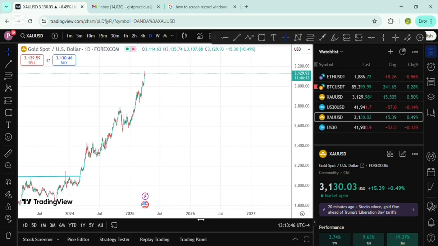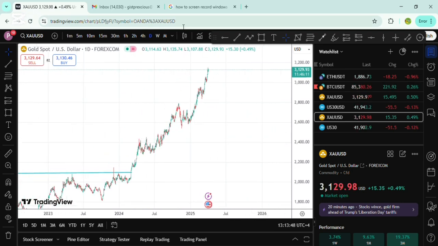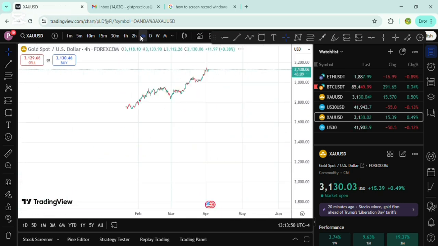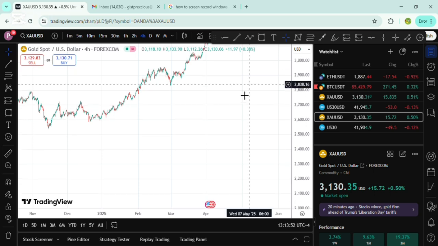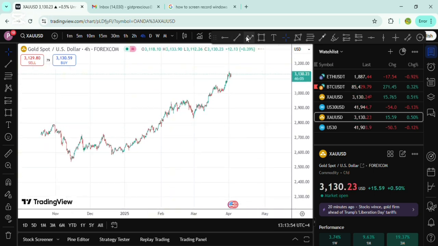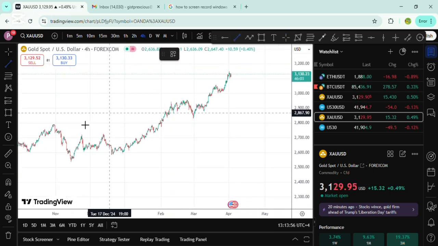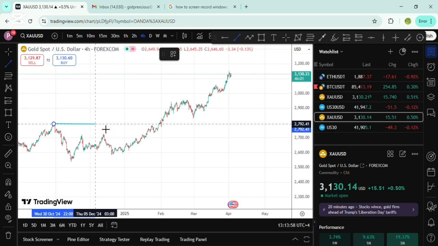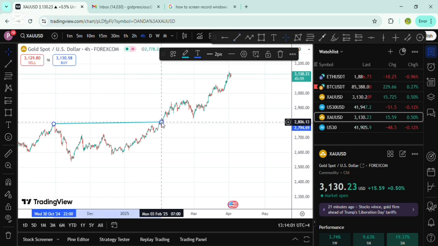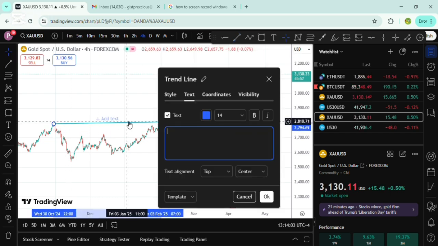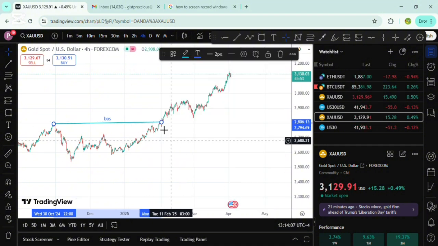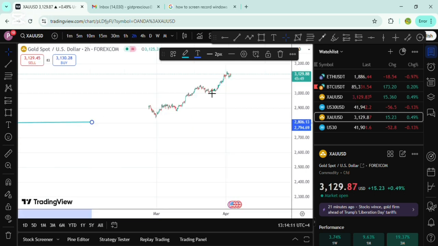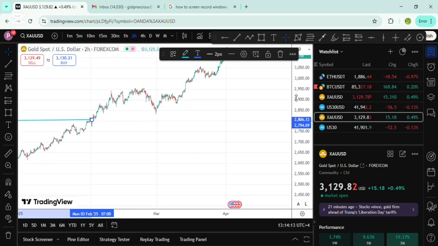I had to zoom in, because in every time frame there is always a break of structure. There's always a setup in every time frame. There's a setup in the monthly time frame, in the weekly time frame, in the daily and the 4 hours, just like that. You keep looking for a setup. And my setup is the BOS first on the high. Since it's on the bullish trend, you look for the BOS,